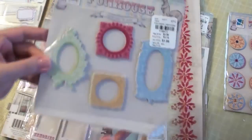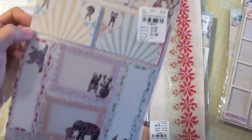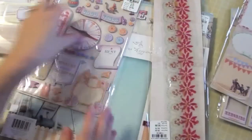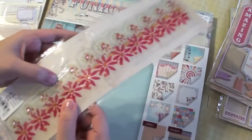I'm just going to go through these really quickly. Frames, some more cute little photo frames. These are almost like a postcard feel to them. They're not quite as thick as chipboard, but they're cute. Now these are super thick. These are thick chipboard pieces here. Really cute. Has this nice little bling